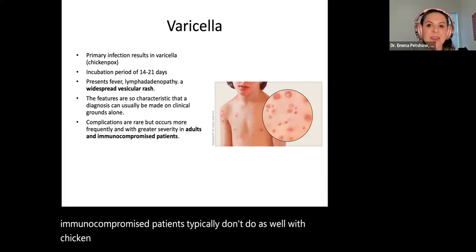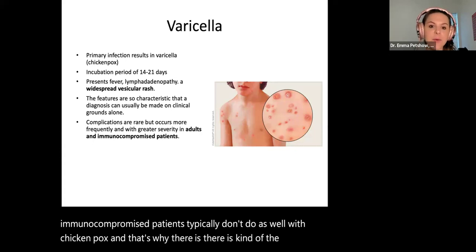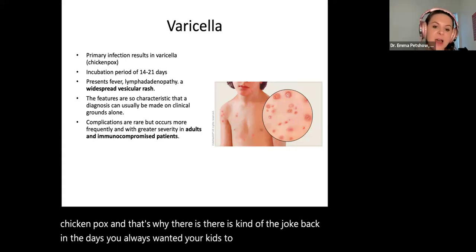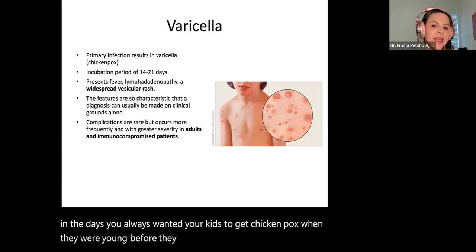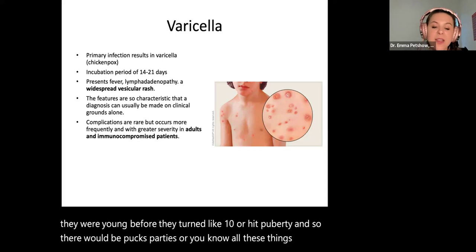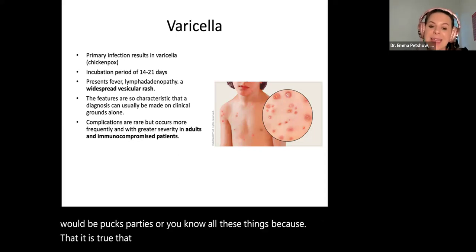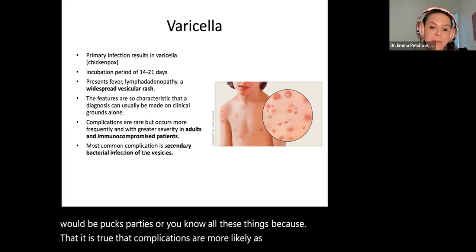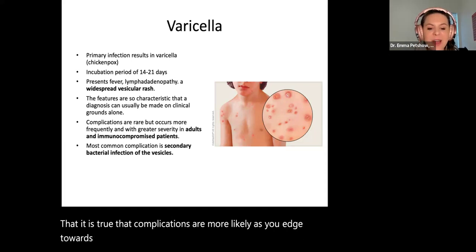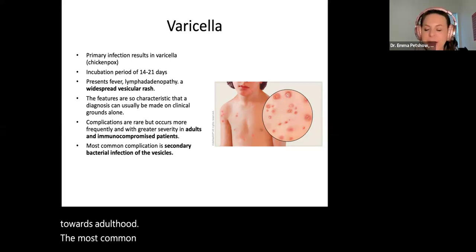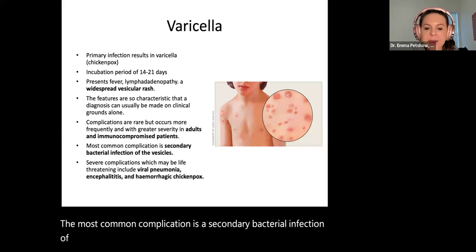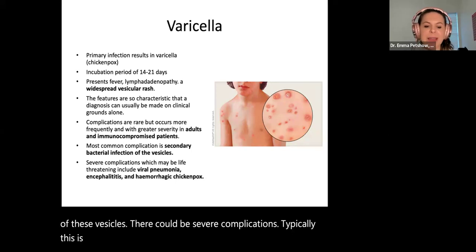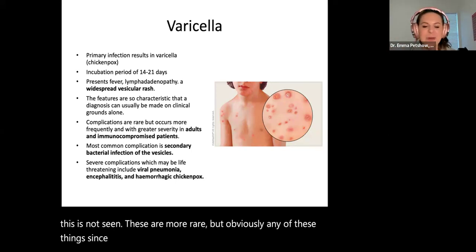And that's why there's kind of the joke back in the day that you always wanted your kids to get chickenpox when they were young, before they turned 10 or hit puberty. So there'd be pox parties, because it is true that complications are more likely as you edge towards adulthood. The most common complication is a secondary bacterial infection of these vesicles. There could be severe complications. Typically, this is not seen. These are more rare, but since it's viral spread or respiratory spread, you could have